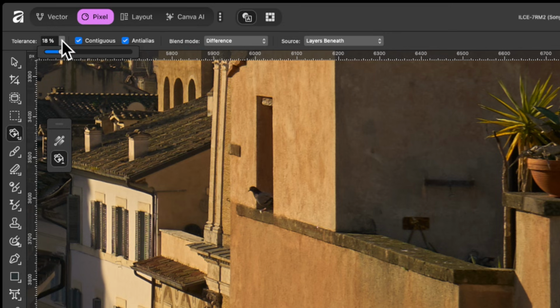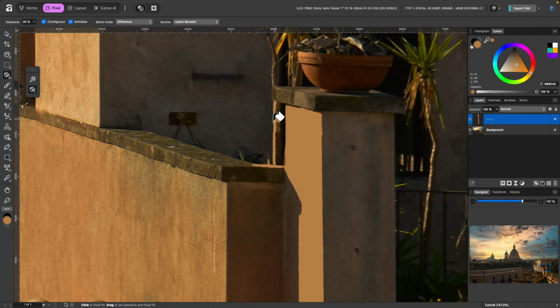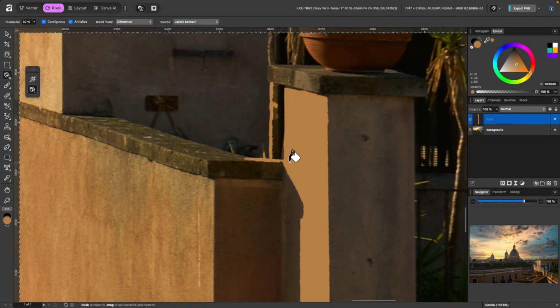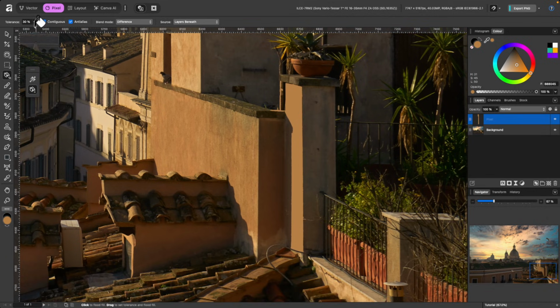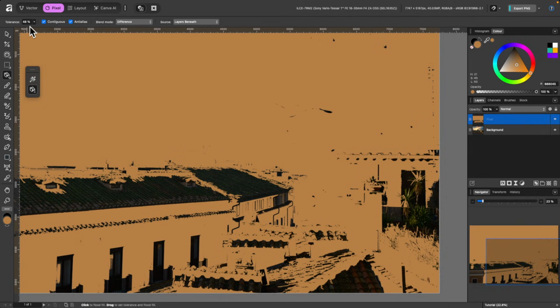And if I go up to tolerance and just whack it up a little bit, let's see what happens when we click now. So I've just tapped it and you see it's included other portions of the image that weren't before. And the more you up that tolerance, the more it will select. Okay, so I'll press Command Z again, click once more. And there we go, it's included a lot of the image because I whacked that tolerance up.